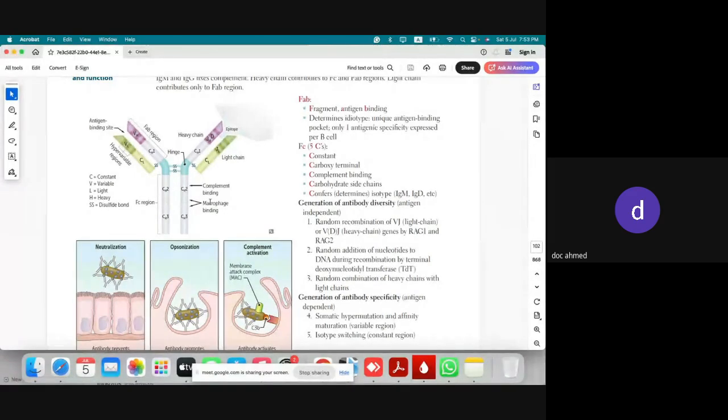After that, we have your FC portion, which has something called the constant region. The constant region has the carboxyl terminal, which isn't that high yield. If you skip it, you won't see any MCQ related to that. But one thing you should keep in mind, the FC portion is really important for a process,